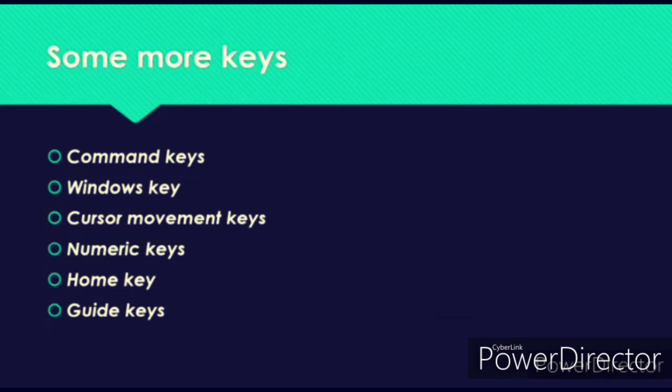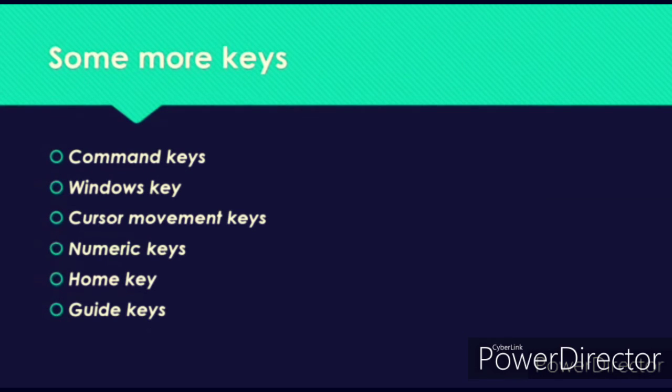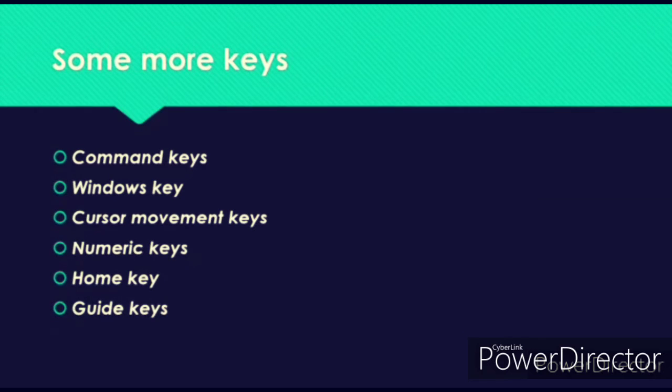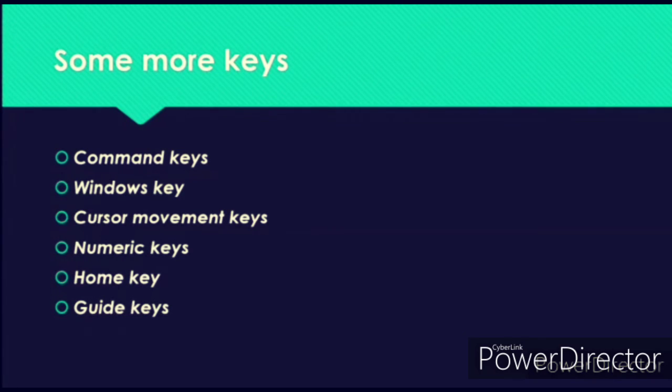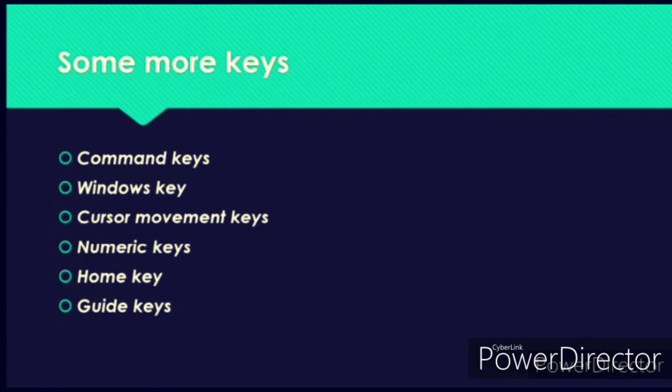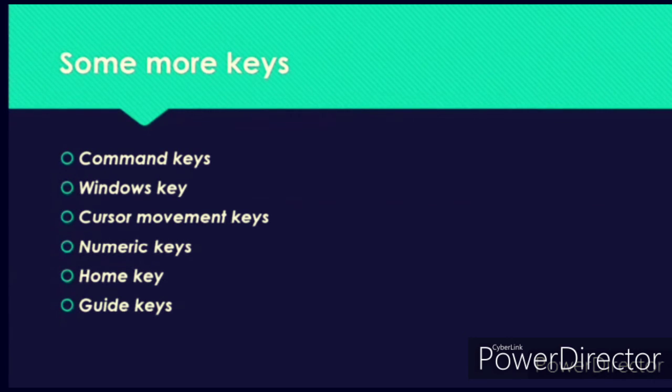Next, guide keys. On a computer keyboard, keys F and J are called guide keys for left and right hander respectively. That is, for left hander, key F is known as guide key, and for right hander persons, key J is known as guide key. Both contain a small raised tangible mark with the help of which a typist can place the fingers correctly on the home keys. So these all are the various keys of the keyboard.